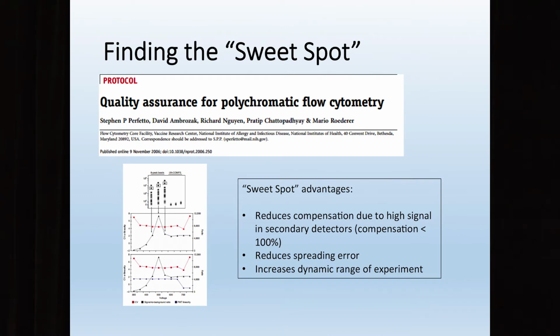So we worked with this paper from Mario Roederer's group. This was the first one published in, I think, 2008 or 6. He has another one, an update from 2012, where he talked about finding the sweet spot. Where's the sweet spot, where you're really going to get the best signal to noise on that parameter from your instrument. And the advantage of using this sweet spot theory is that you're going to reduce the compensation because you're